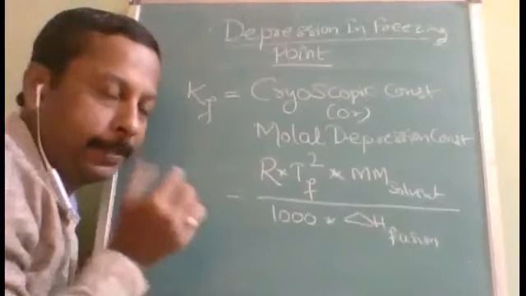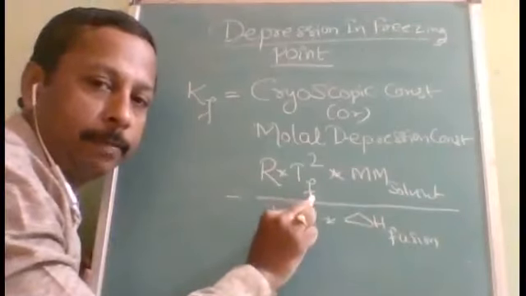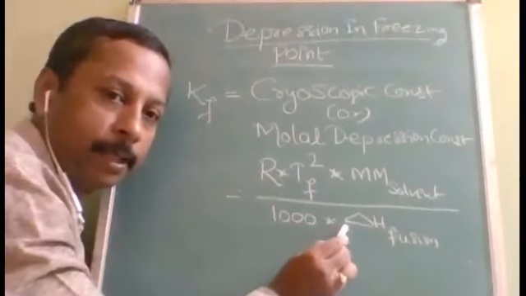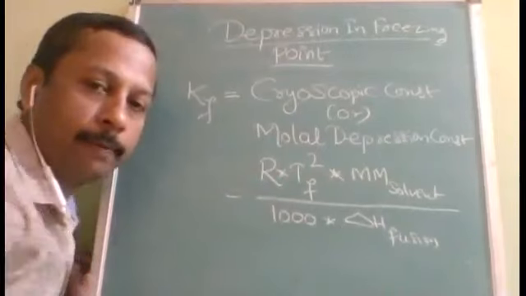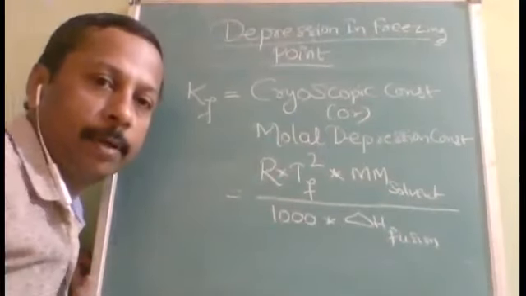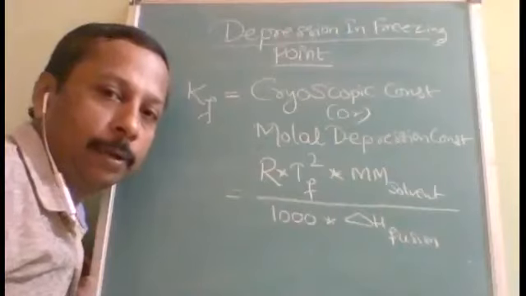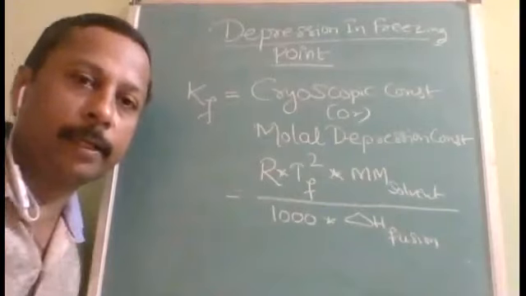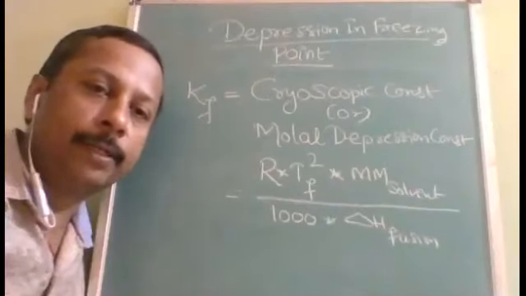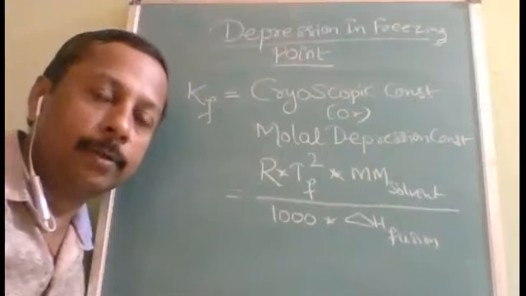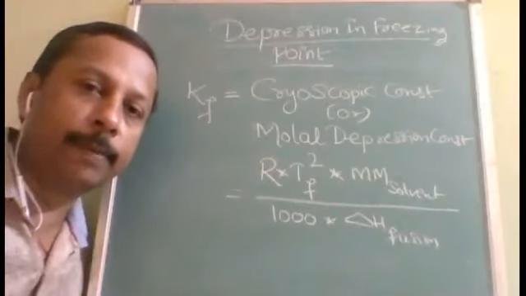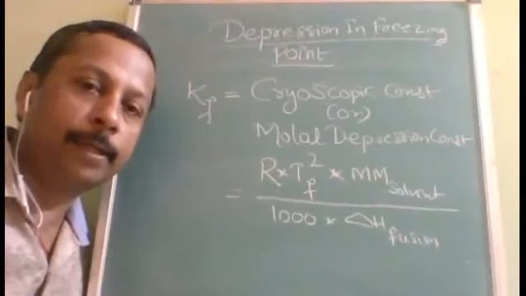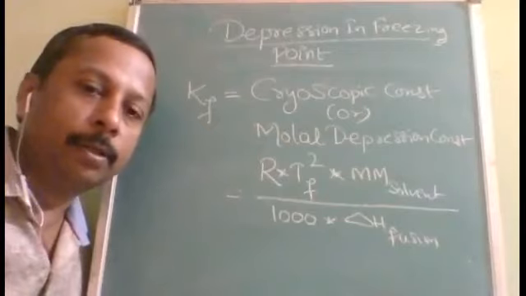Formula is the same. Okay, there it was boiling point, now it is freezing point. Molar mass of solvent same, 1000 same. This was enthalpy of vaporization, now enthalpy of fusion. Okay, small modifications according to the formula. Okay, what is cryoscopy? Cryoscopy is a method of determining molecular mass of an unknown solute based upon depression in freezing point. Okay, so this is all about the depression in freezing point. Understood?